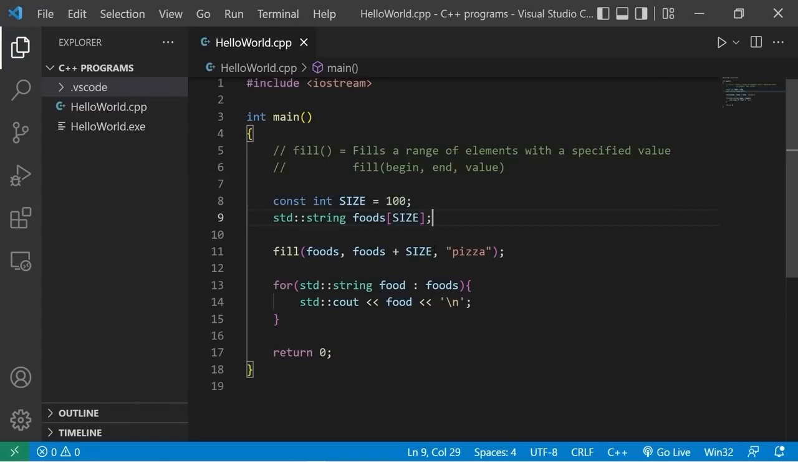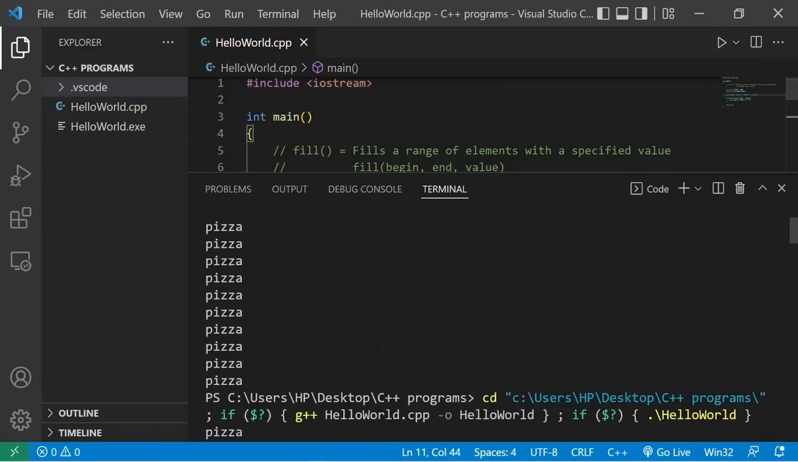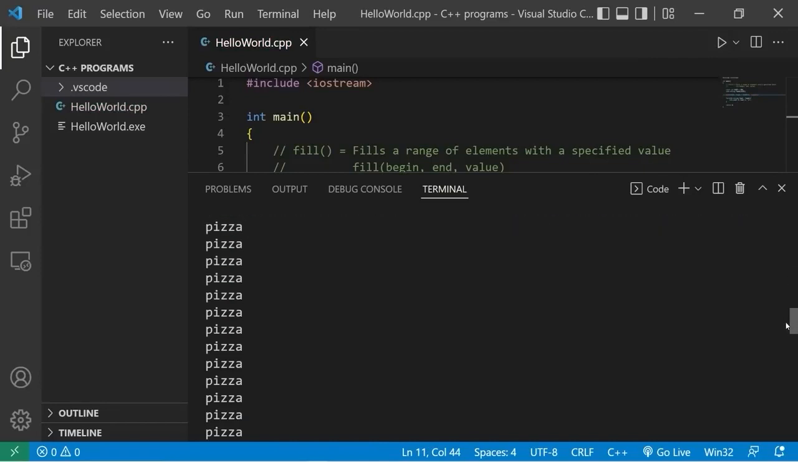Now here's a few exercises. If I'm filling the first half of this array with pizza, we have our beginning address. Then I need to find the halfway point. Foods plus size divided by 2. I'll just go ahead and put that within some parentheses for clarity. Then if I were to run this, the first half of this array contains pizza, and the second half contains